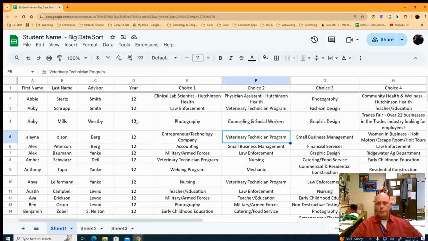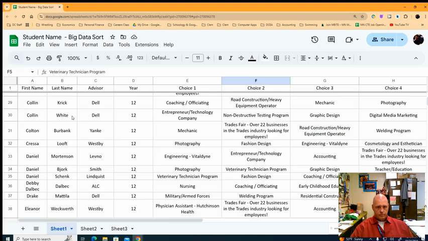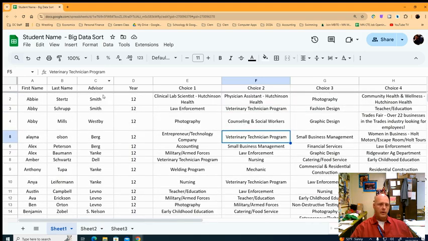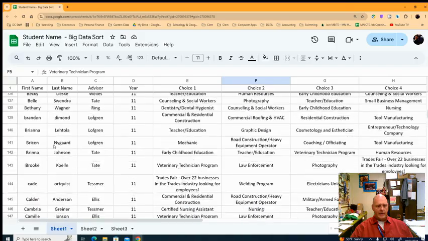This is the response. Now it's currently 2024, October, and we've got our career fair coming up here in a week and a half, early November. This is old data. This is data from several years ago. So as you look, you're going to notice some advisors that aren't here anymore. You're going to notice some students that in theory should have graduated. But I've got, as I scroll down,